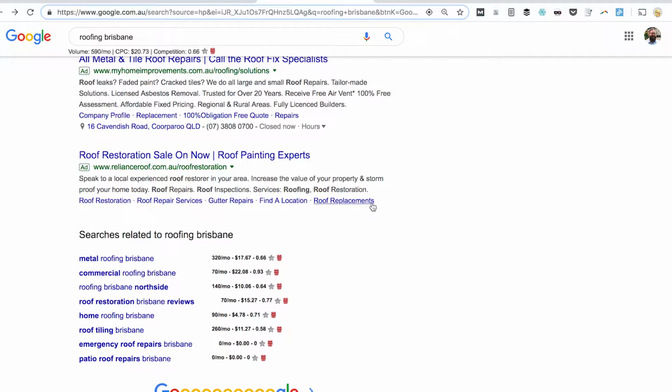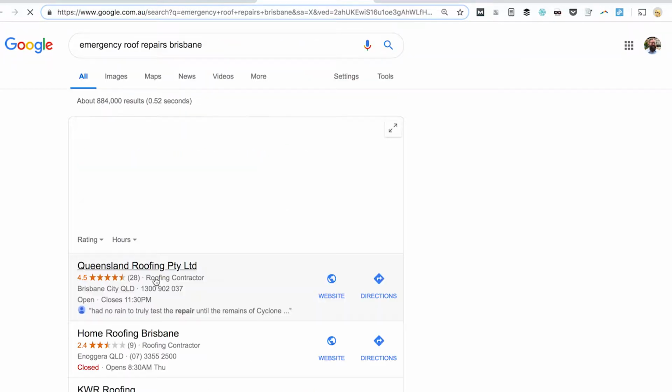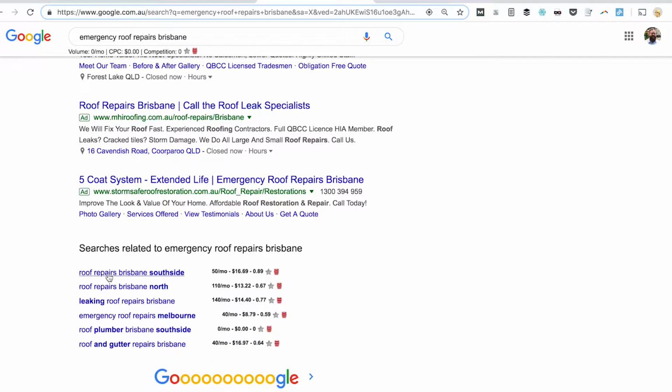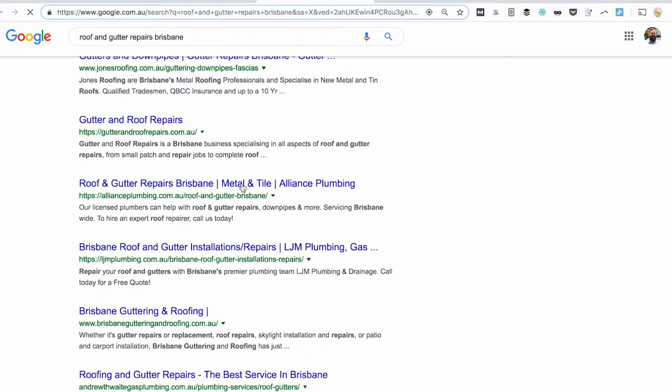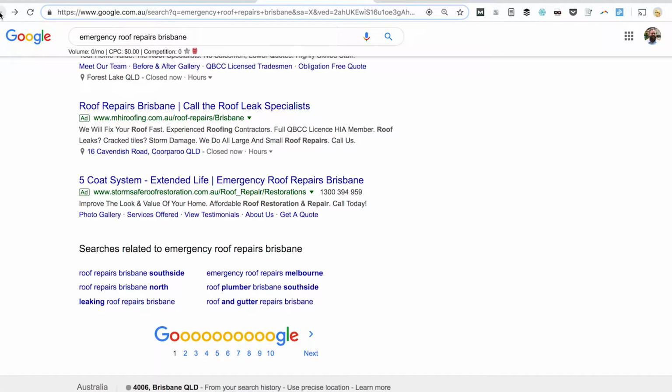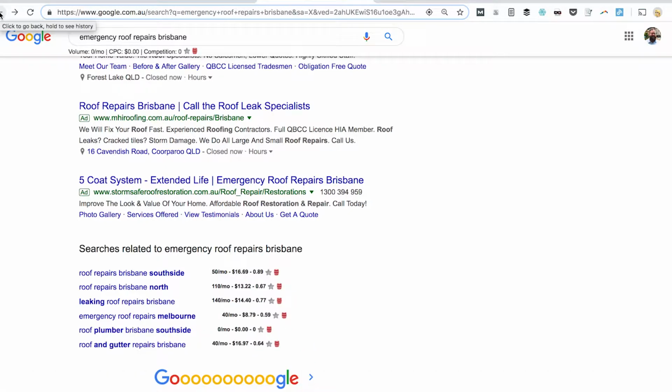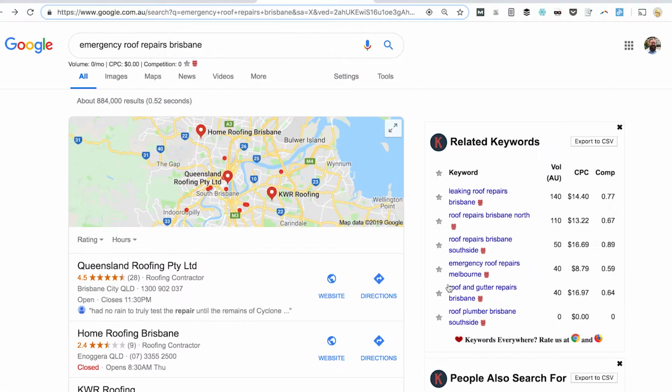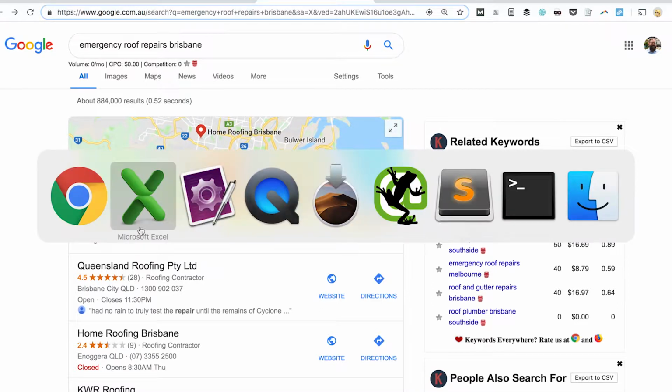You end up covering emergency roof repairs, and then you find roof repairs north, leaking, roof plumber. Okay, as soon as you click on plumber, I bet it's going to start suggesting plumbers, right, as a thing, or roof and gutters. So maybe this is gutter vacs, things like that. So there's a whole load, yeah, look, cleaning gutters and things like that. So it starts to get really broad, maybe so broad that there are services you're not even going to provide. But the idea is really that I'm grabbing content,